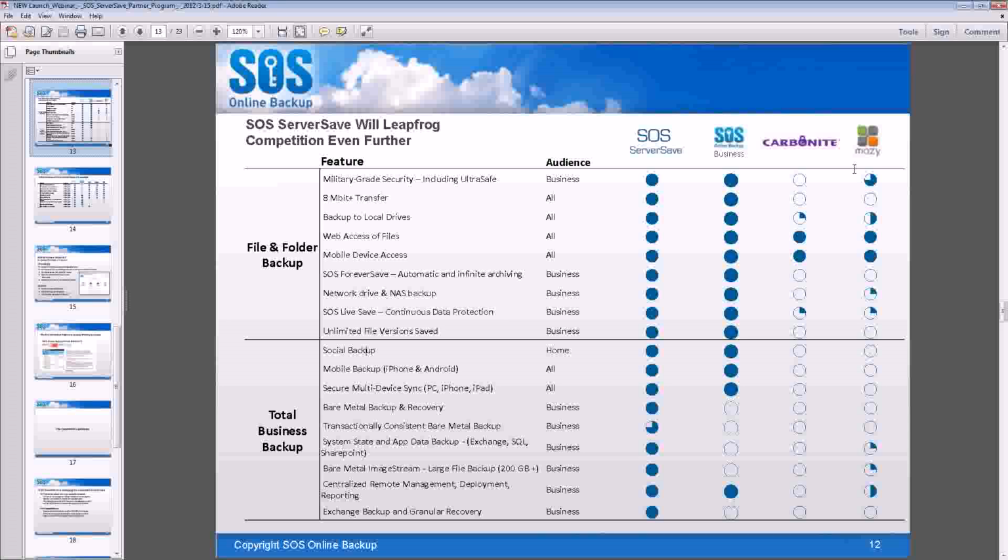What else have we got here? Tony asks, do you market SOS ServerSave to businesses? Doesn't that compete with partners reselling? I assume partners' prices will not be beat if the customers go out and purchase it themselves. Tony, yes and no. We sell it directly for $130 per month, and you can buy it from us for $35 per month. So we're giving like a 75% discount, which is, in my opinion, extraordinarily generous. From a margin standpoint, I'm not familiar with any other software reseller program that gives the sort of margin that we give away to our partners.